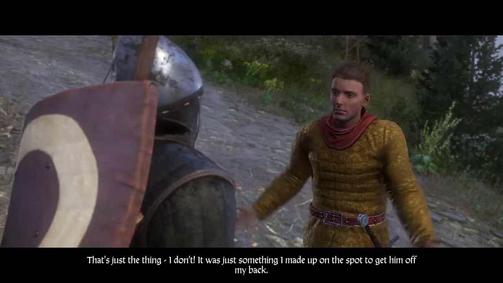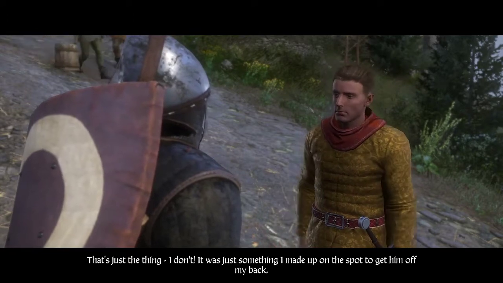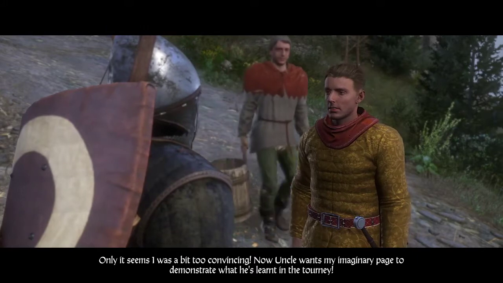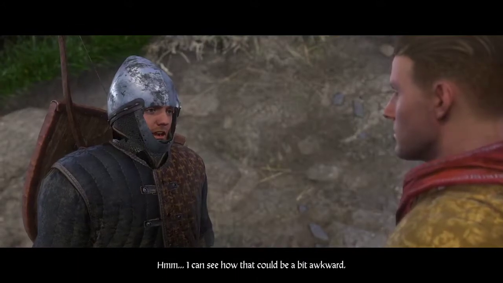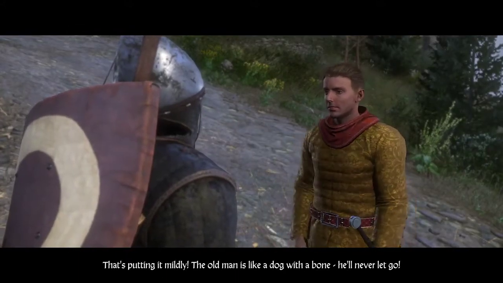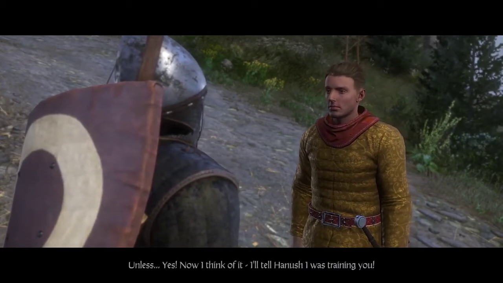Well, that's just the thing. I made it up on the spot to get him off my back. Only it seems I was a bit too convincing. Now, Uncle wants my imaginary page to demonstrate what he's learnt in the tourney. I can see how that could be a bit awkward. That's putting it mildly. The old man is like a dog with a bone. He'll never let go. Unless...